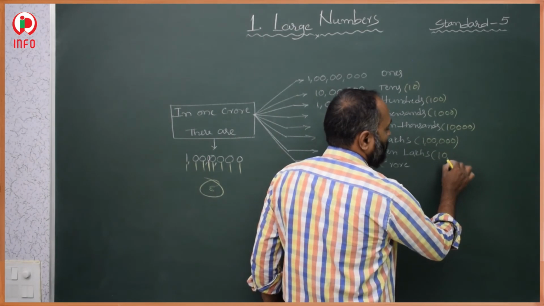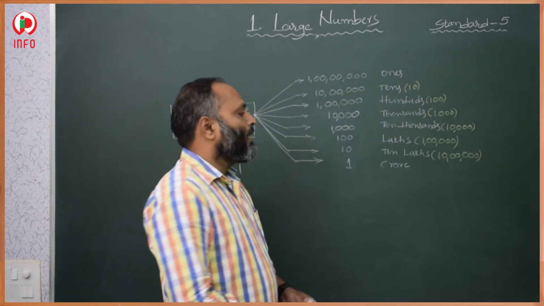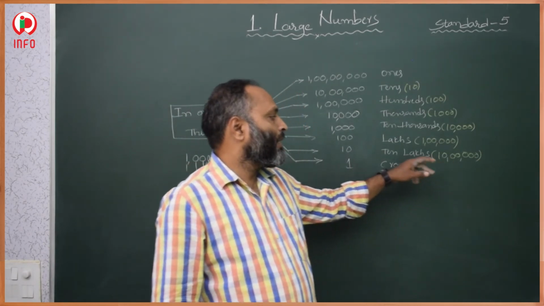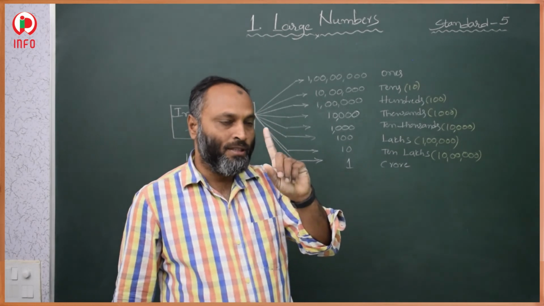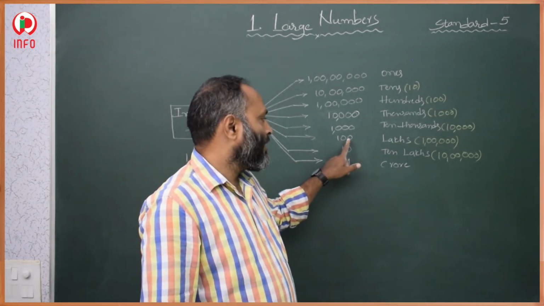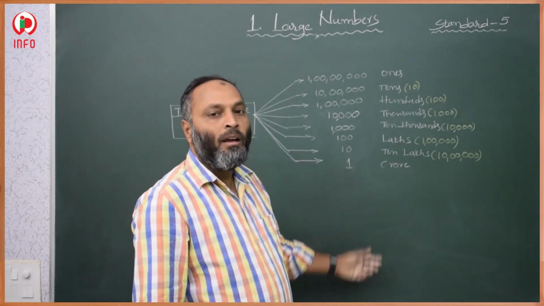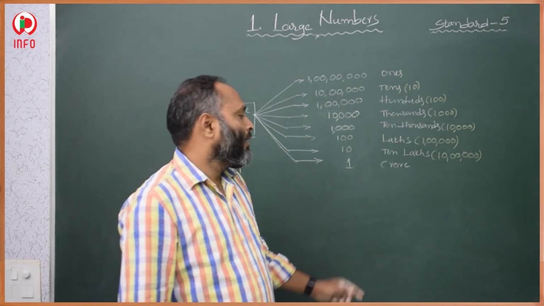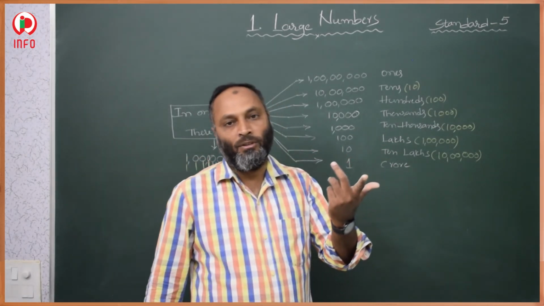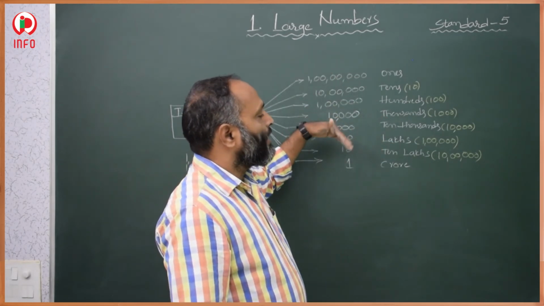How many 10 lakhs were there? In 10 lakhs how many zeros were there? In 10 lakhs total 6 zeros were there. We have to decrease 6 zeros from ones. But from lakhs we have to decrease 1 zero. So already 2 zeros were there. After decreasing 1 zero we get 1 zero only. That is, 10 lakhs make 1 crore. Then 1 crore means 1 crore only. So in this way we have to decrease 1, 1, 1, 1, 0.